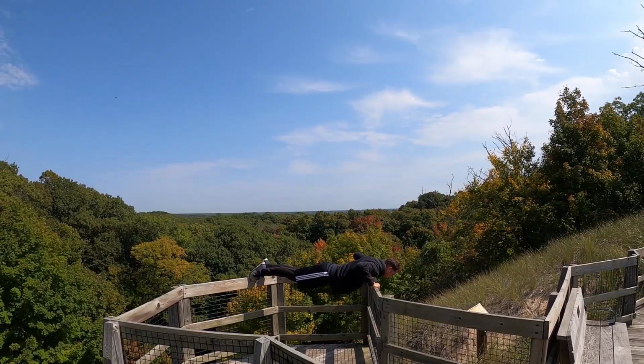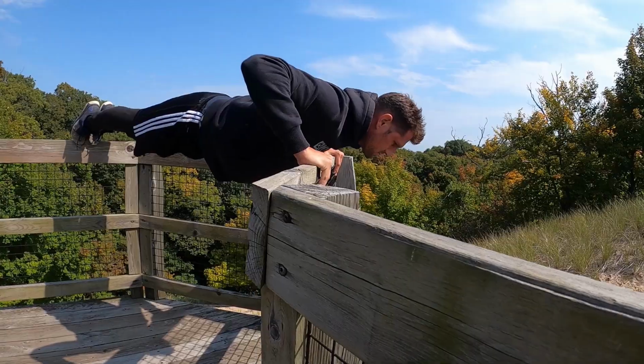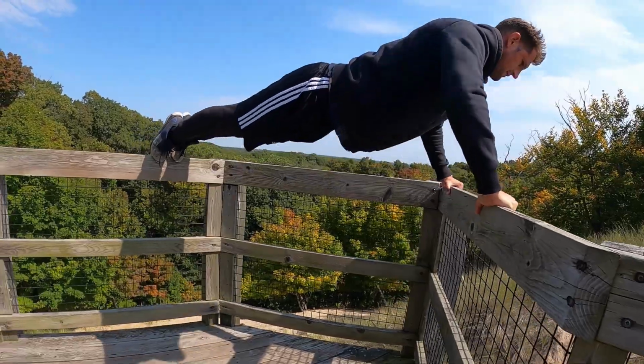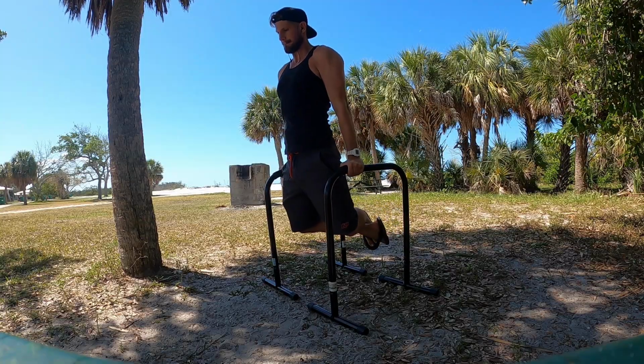And something that I like to do, because I live on the road, I'm in an RV, I don't really have access to equipment, I'm a huge fan of calisthenics because they're pretty safe, and you can progress and find different ways to up the difficulty over time to improve your strength. So you can start with just regular body weight squats. You can work your way into lunges. You could do the Bulgarian split squat, which is, for example, on this picnic table, you can throw